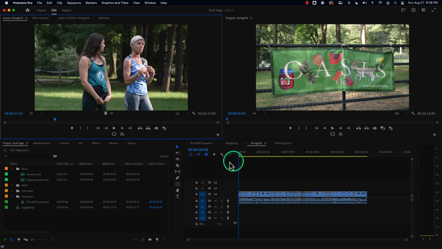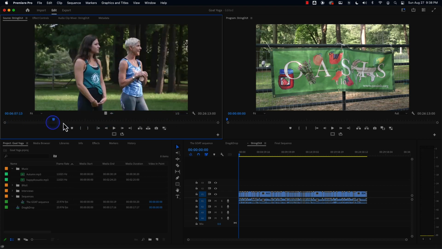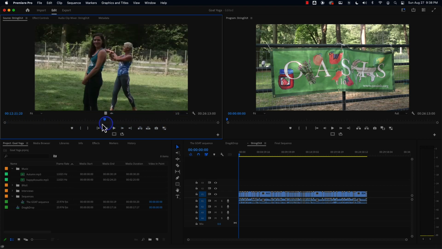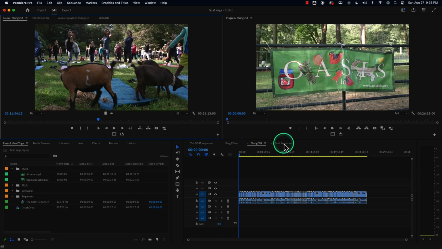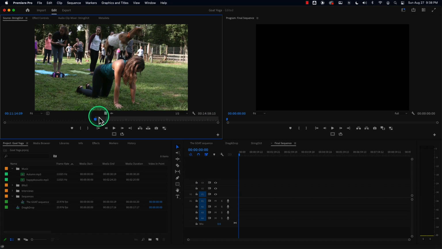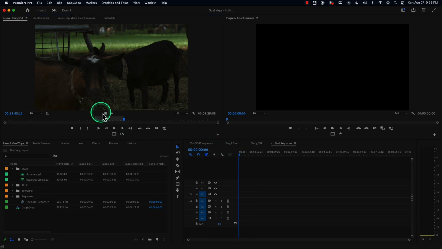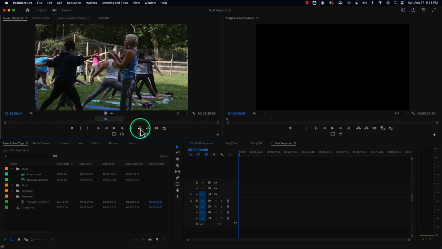So this is this idea of a raw string out where you can grab from here and have one long thing where you can look through all of your footage and see what you want and just drag back and forth, decide what you want, mark in and out points, and then throw this into a new sequence. So we can just grab from here to here or grab from there to there. It will retain all the mark in and out points, so boom, when it throws down here, it will go in here into this other footage here, and we can bring all this in here and insert this into here